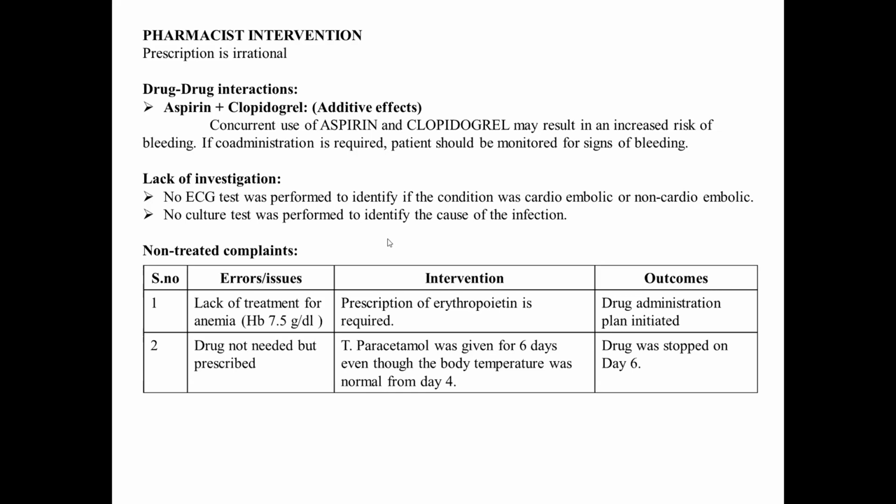In this case, no ECG test was performed to identify if the condition was cardioembolic or non-cardioembolic, and no culture test was performed. We found the polymorph levels were abnormal. The non-treated complaints are that the patient is anemic, but no iron supplement is provided, and tablet paracetamol was given for almost 6 days and also during the discharge. But the body temperature of the patient got normal on the fourth